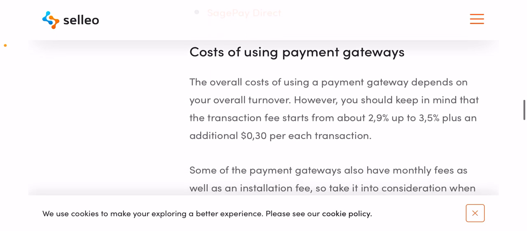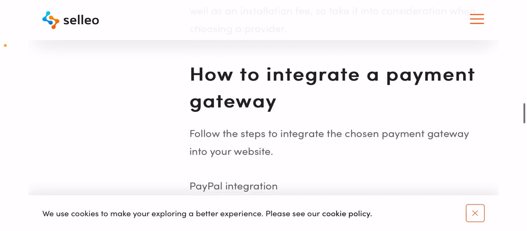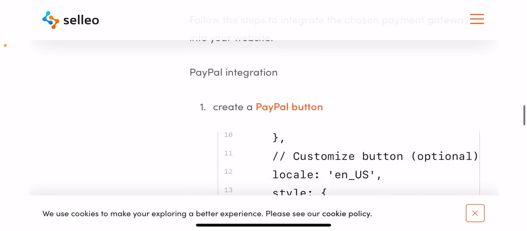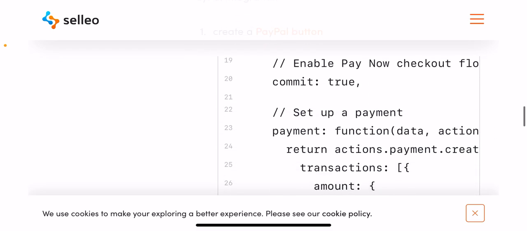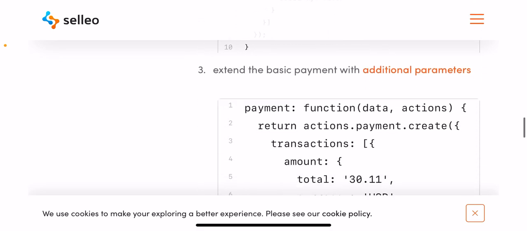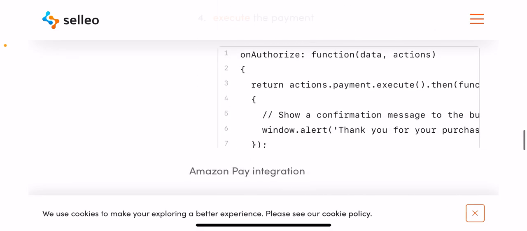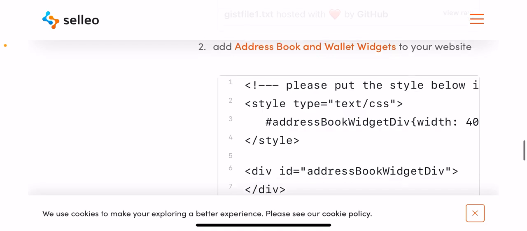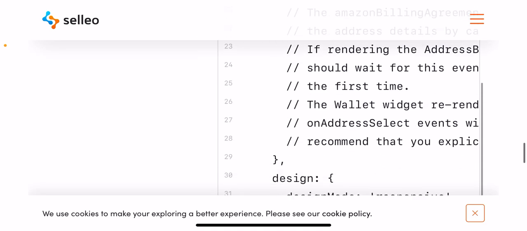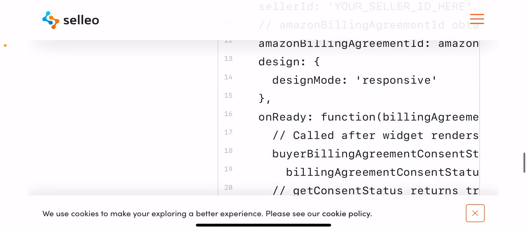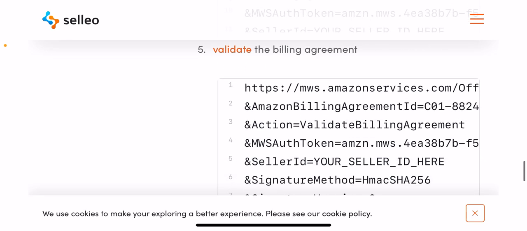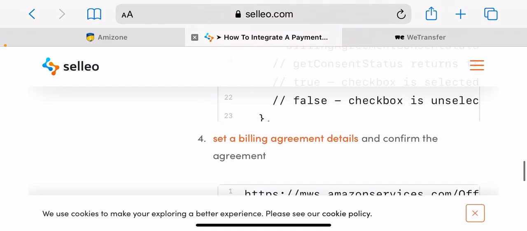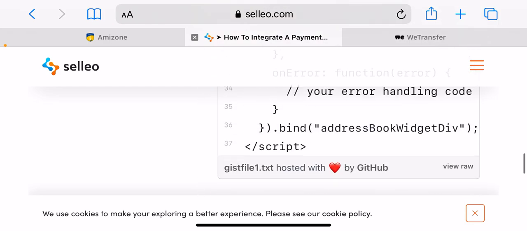So, benefits of using payment gateways. It has a lot of benefits. That is why they are so popular in the e-commerce world. Let's present some of them. First of all, security. Payment gateways secure transactions by encrypting sensitive data. Sales boost. They help you expand your business by reaching customers from all over the world.